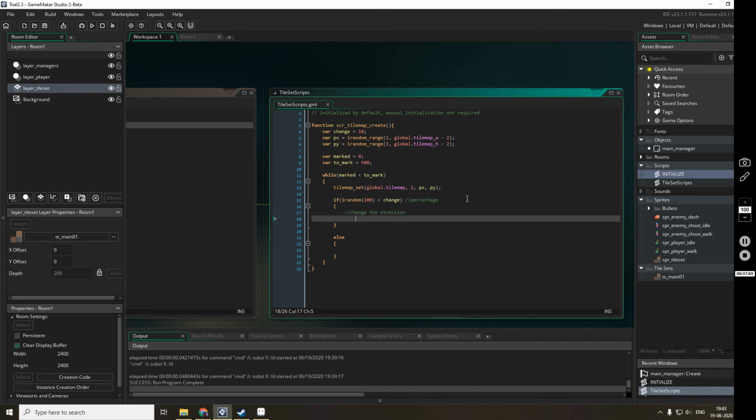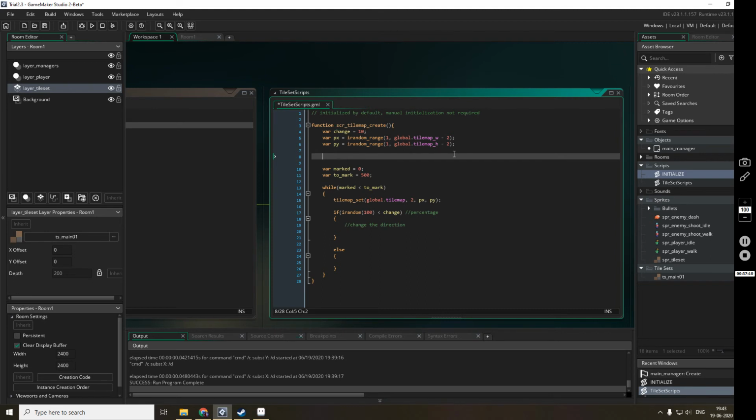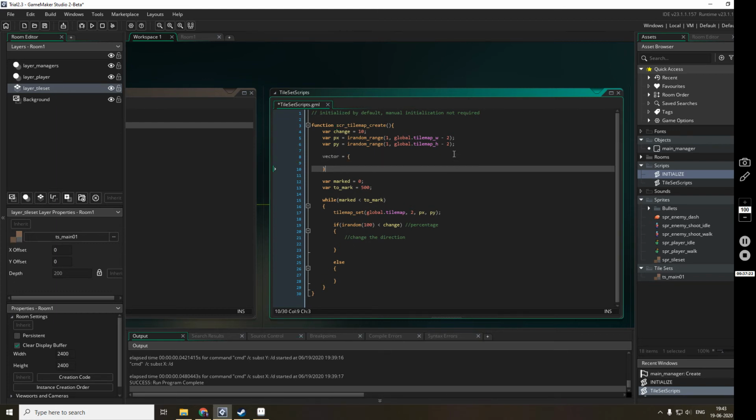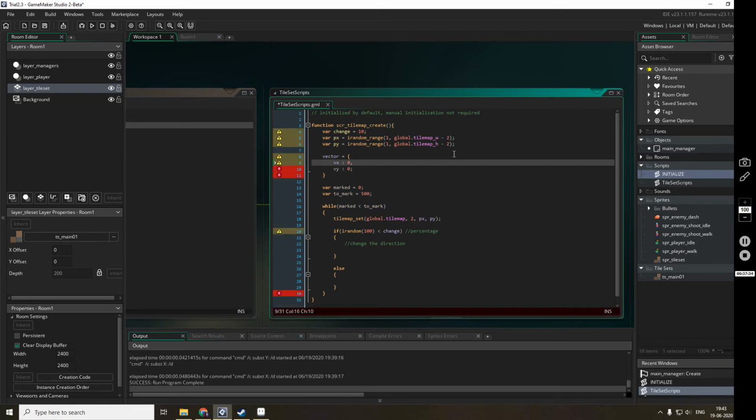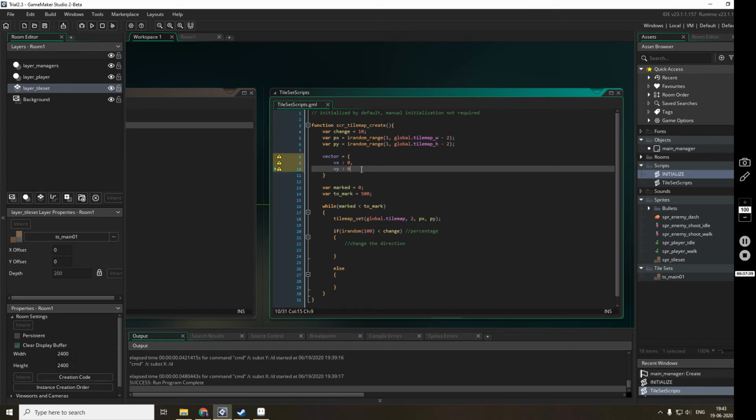Okay, so for the current direction I'll mark the direction with 2 vectors. Here there is a good chance of creating and using a struct, I'll certainly do that. Vector is equal to vx 0, vy 0, and here I have to give a comma.